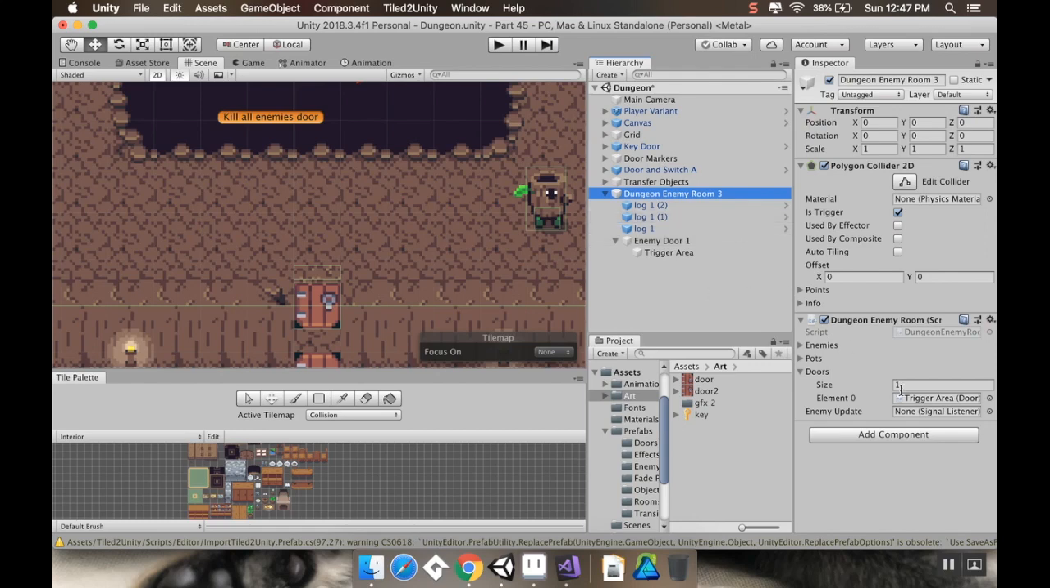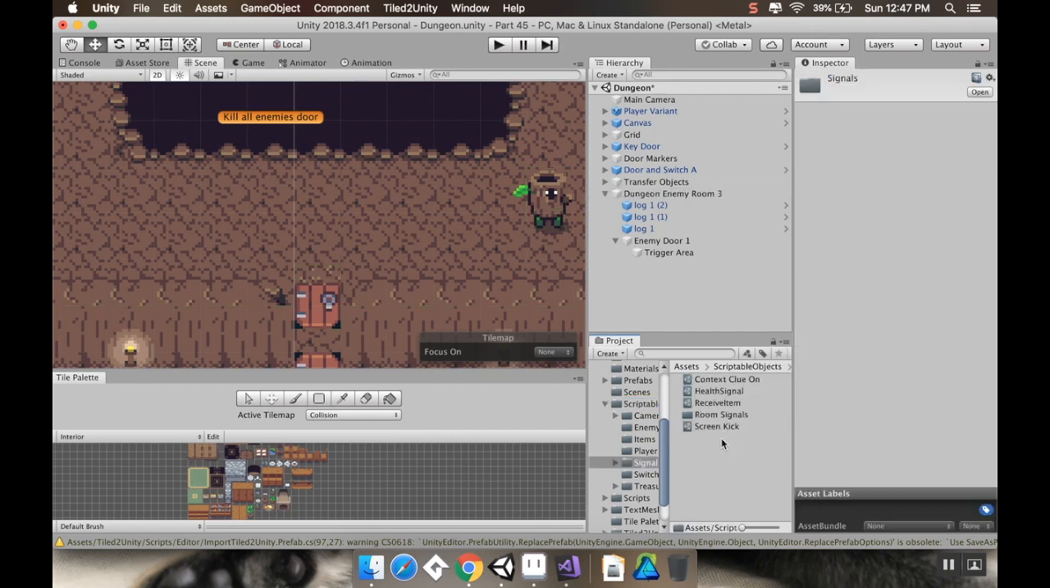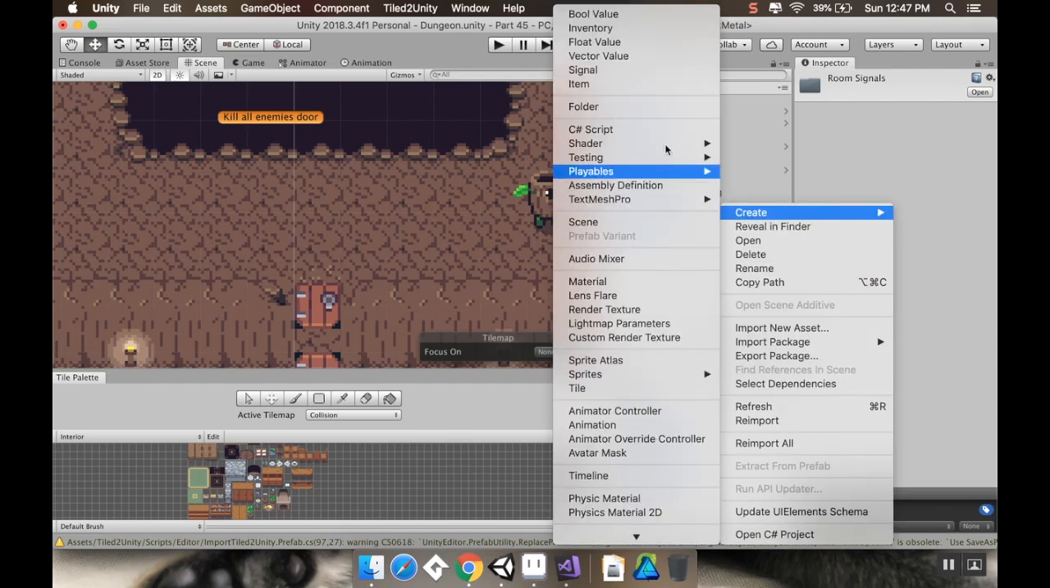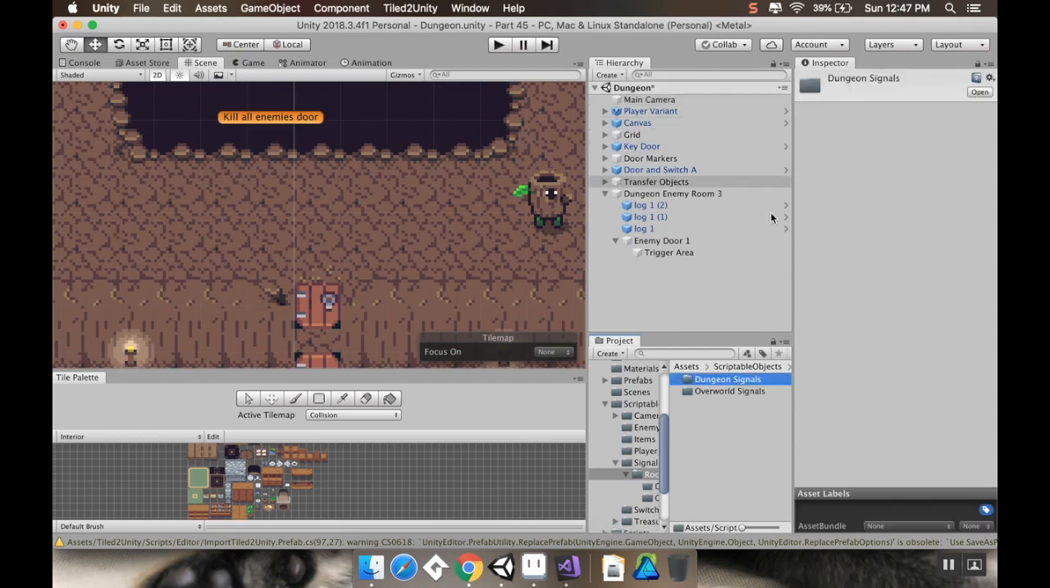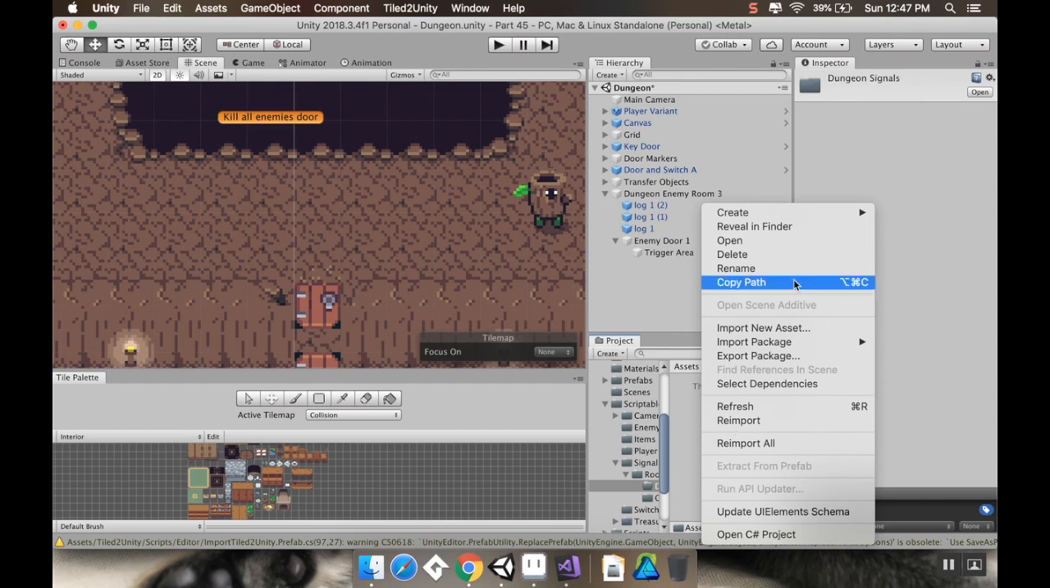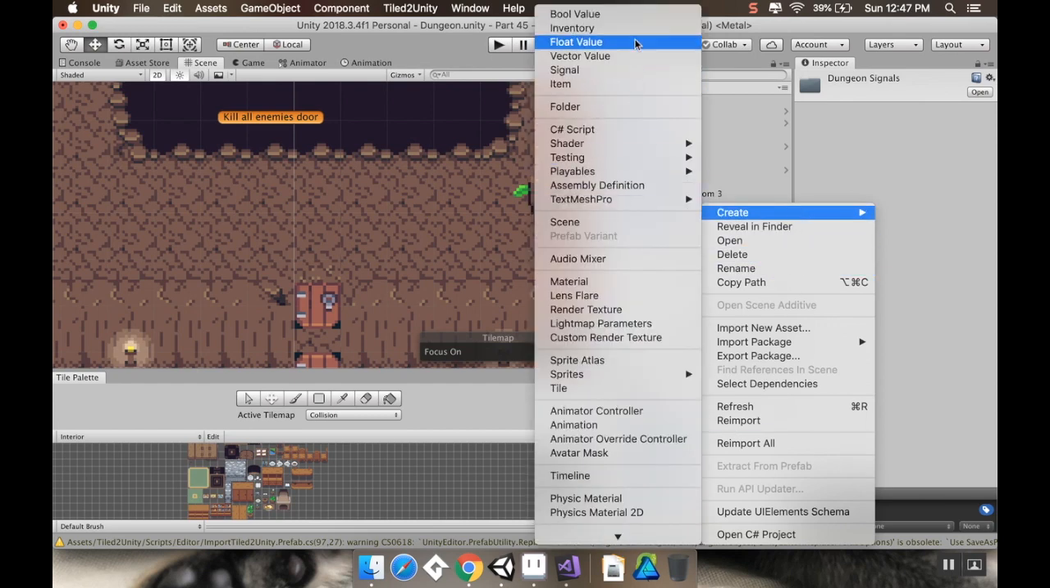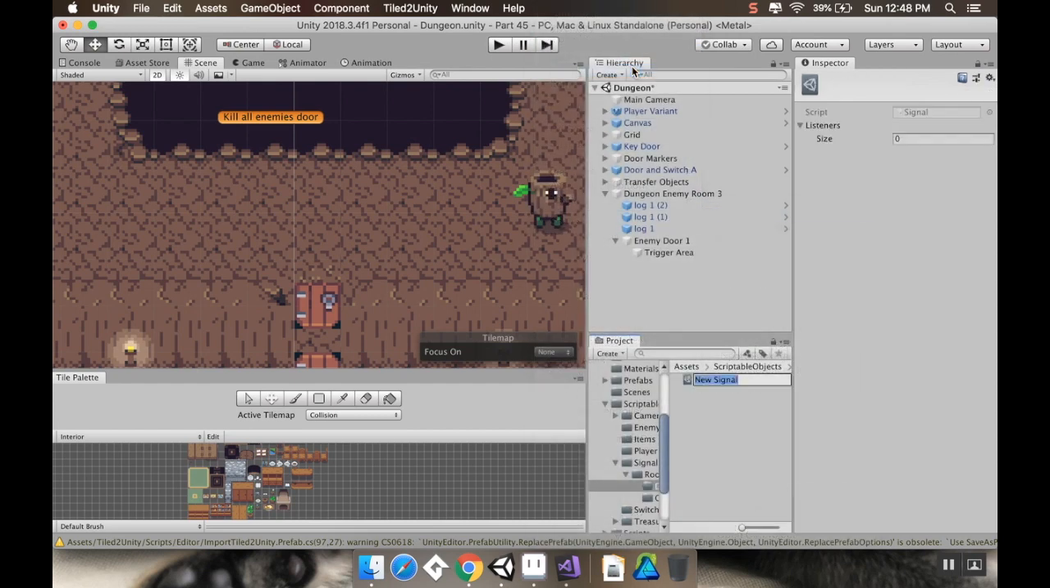Okay, so now I need to make that signal for when I destroy an enemy, to have it check to see whether or not it should open the door. So I'm going to go to my signals, my room signals. I'm going to create a new folder for dungeon signals. And then in here, I'm going to create a new signal. I'm going to call this